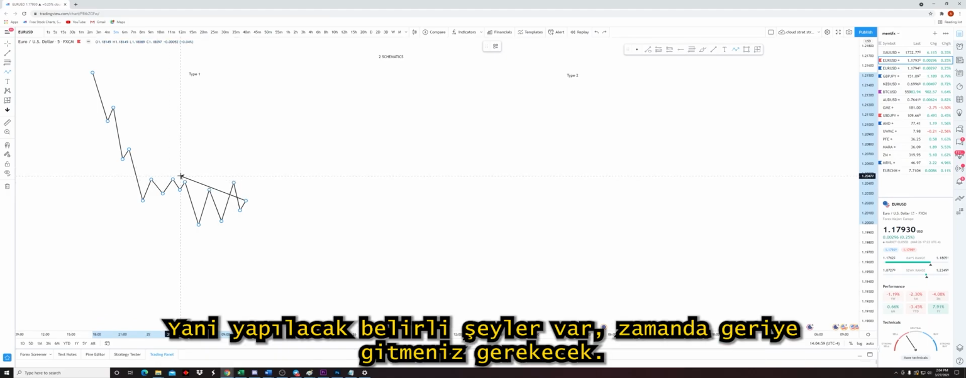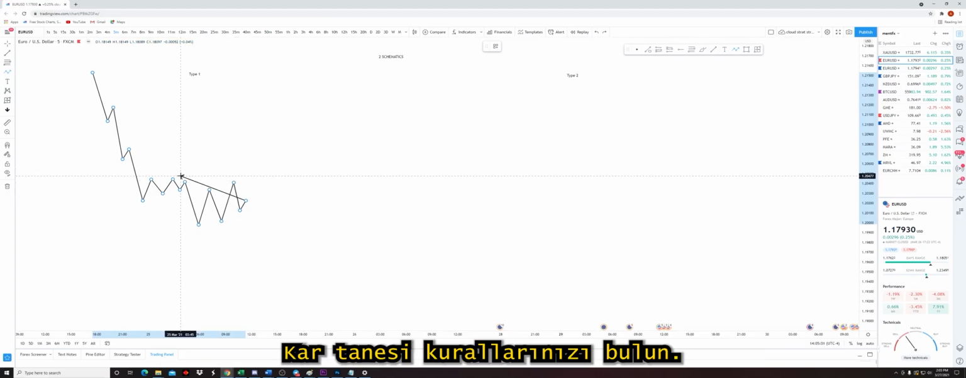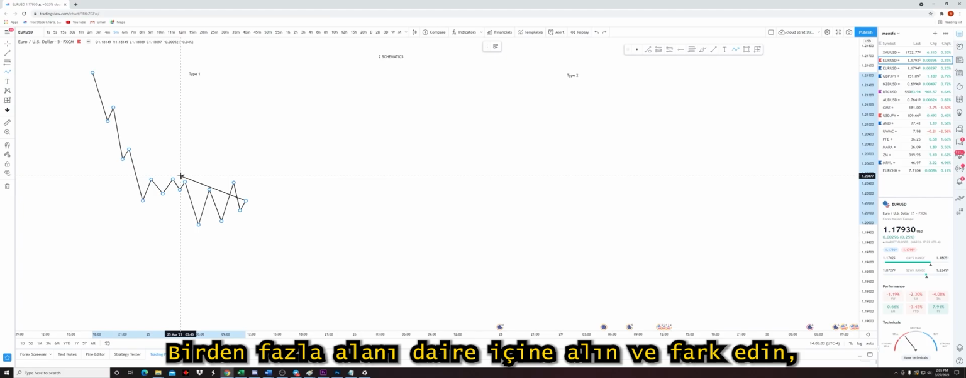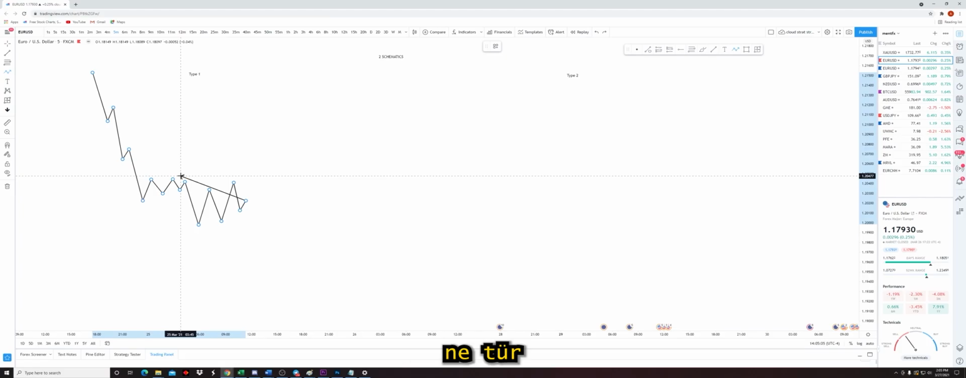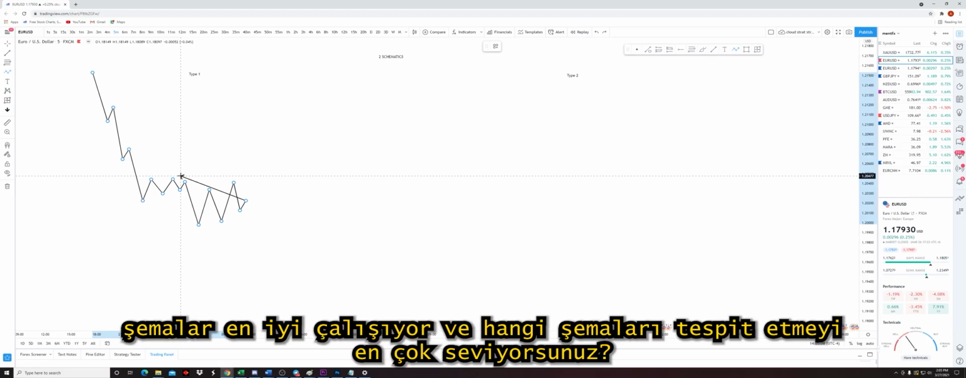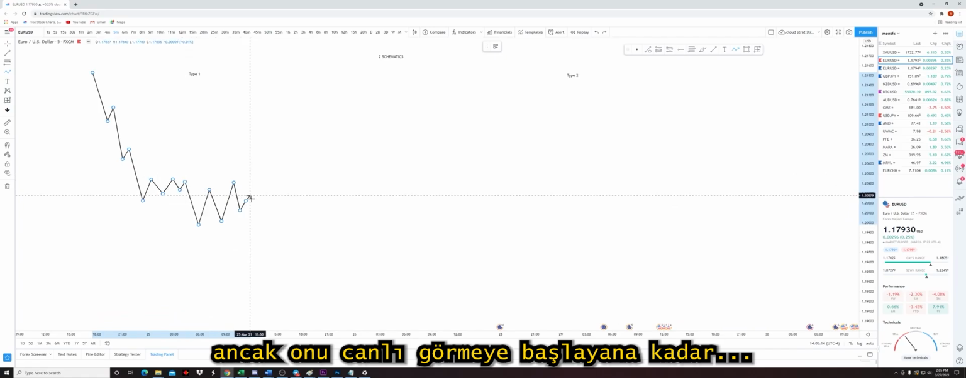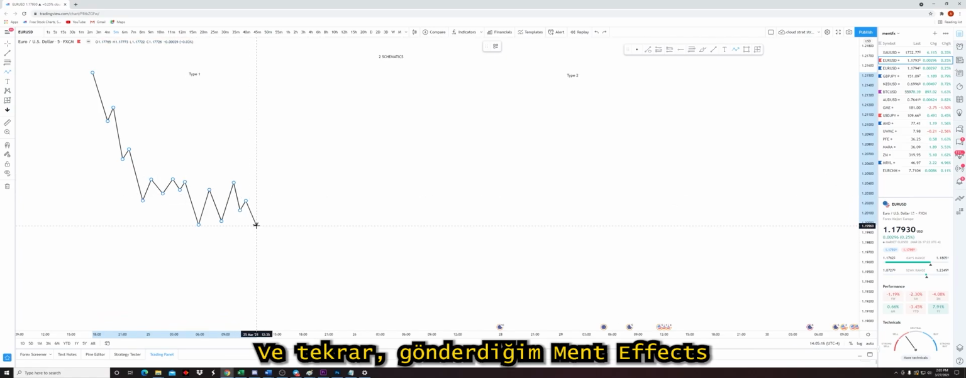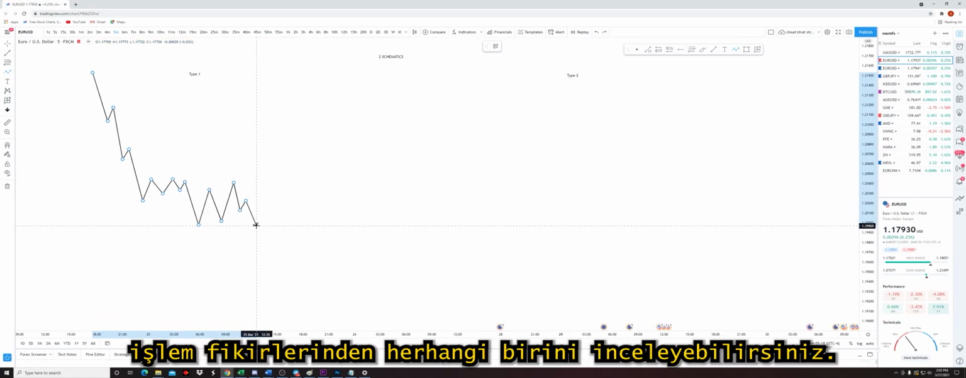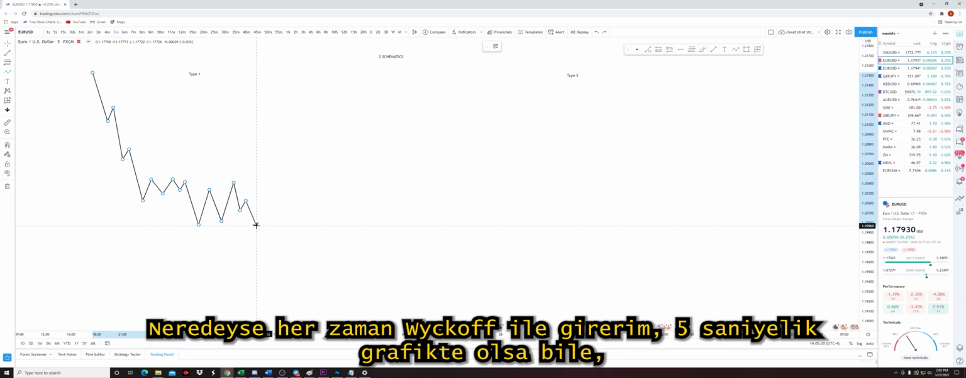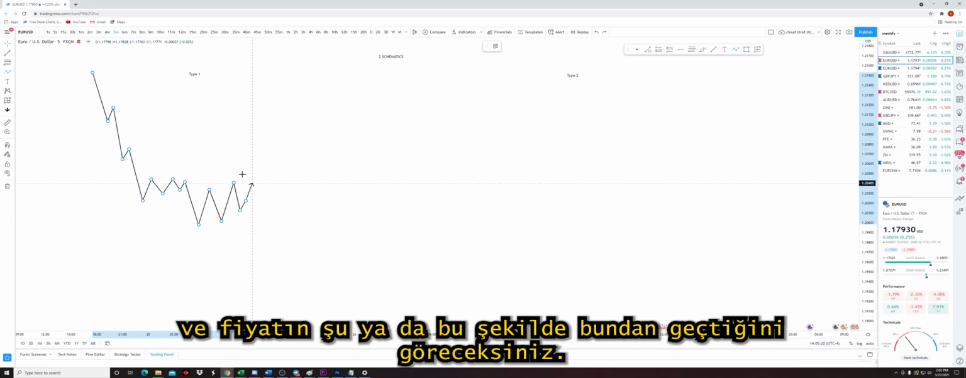So you're going to have to go back in time, find your snowflake rules, circle multiple areas, and recognize what type of schematics work best and what schematics you like to spot best. Because ultimately, I can explain to you the schematic over and over again, but until you begin to see it live, and again, you can work through any of my MentaFX trade ideas that I send out. I almost always enter on Wyckoff, even if it's on a 5-second,